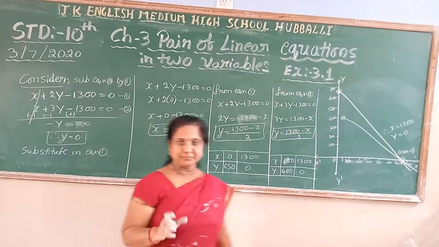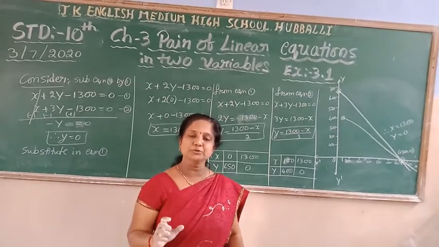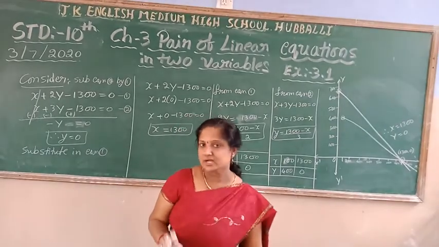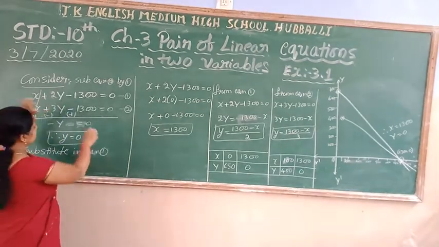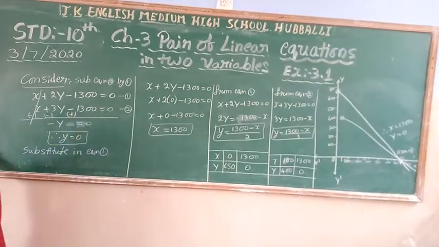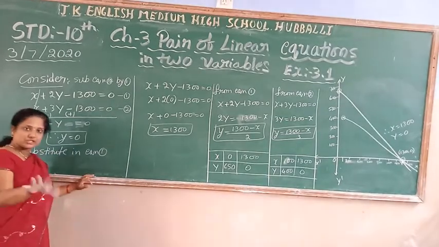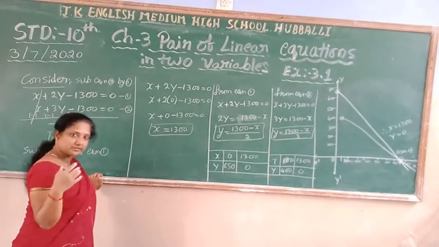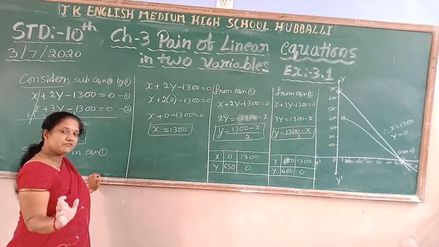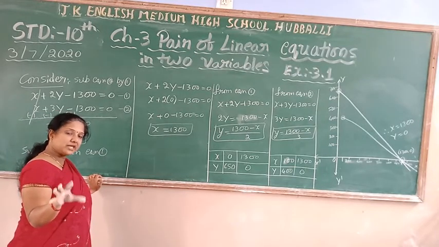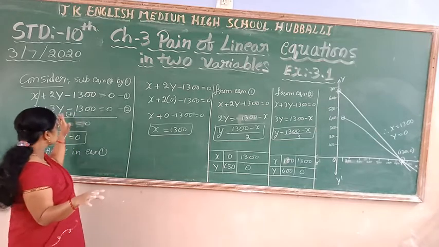Children, I represented algebraically. Now I am going to do it graphically also. As I already told you, I take those two linear equations in two variables to first find the solution. We could use the trial and error method, but why should we waste time? We can utilize time properly by using this method.